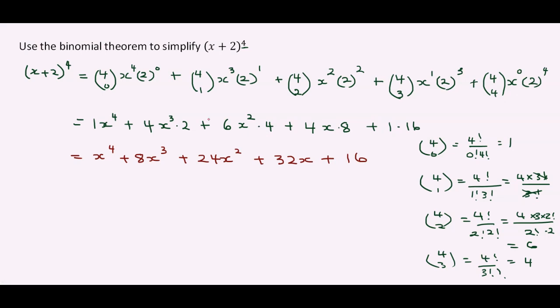So let's recap on how we use the binomial theorem. The first thing we do is write this expression in binomial terms, and you break it up using the combinations. Remember that the sum of your exponents must be the same as the exponent you're trying to expand. I don't want to say x, because sometimes it's not x, it could be a or b. So in your binomial expression, the value on the left hand side is going to be decreasing in exponent,